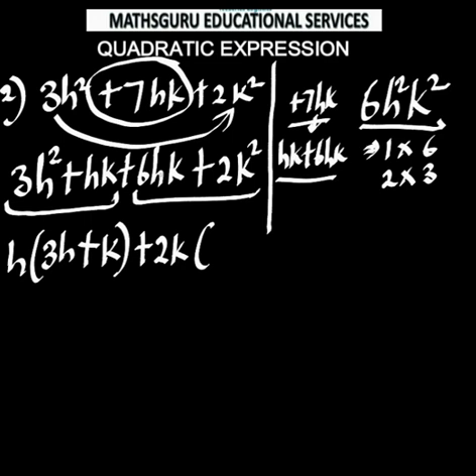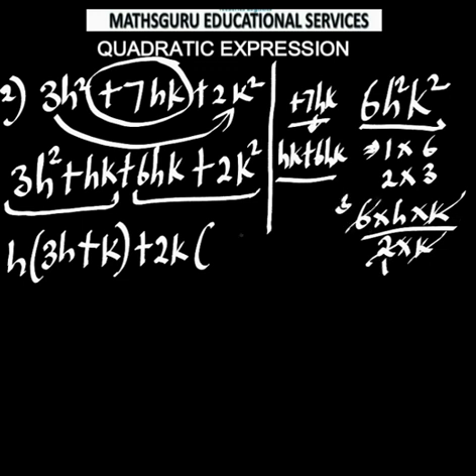Then we have 6hk divided by 2k. 6hk means 6 times h times k over 2k means 2 times k. K can go with k, and 2 into 6 gives 3. So we are going to have 3h. Then plus,